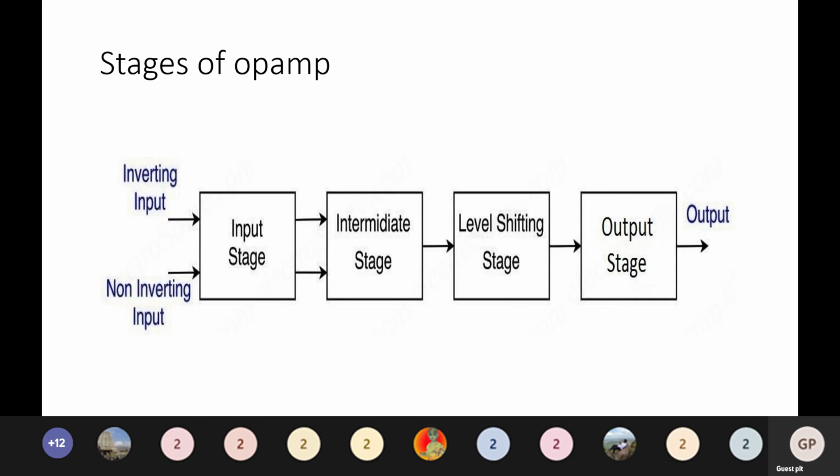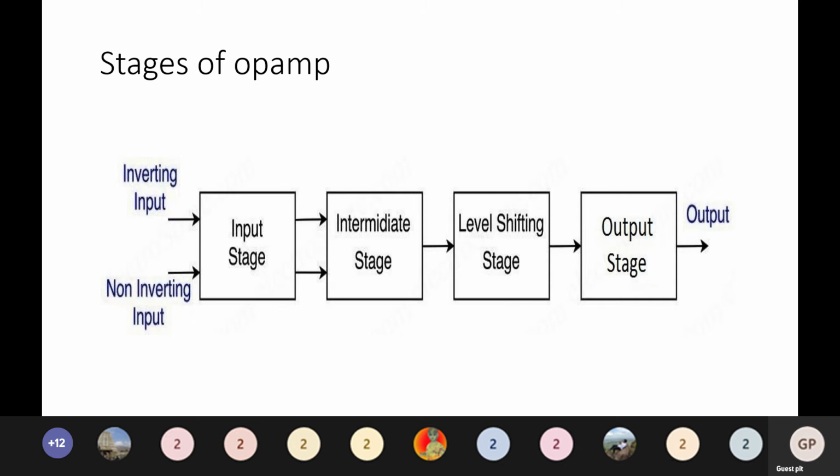And the last stage is the output stage. So what is this output stage? The output stage has two main purposes again. The purpose of this is it has to produce low output impedance. See, the purpose of the input stage is it has to provide high input impedance. That's why we used a differential amplifier. And the purpose of the output stage is it has to give a low output impedance.